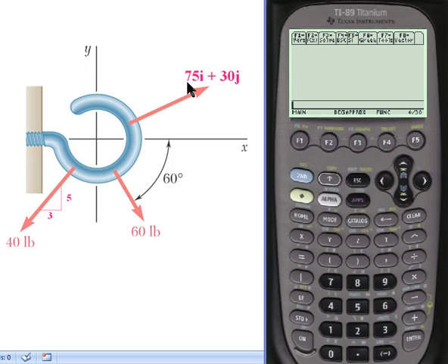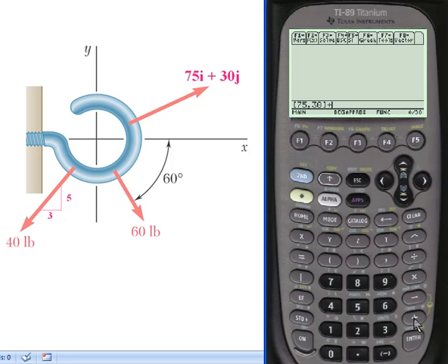Let's begin by inputting the first vector, 75i plus 30j. On our calculator, vectors are delimited with square brackets. So we type in a second and the square brackets key. And the first magnitude is 75, so I type in 75. Separate the second part with a comma. Second part's 30, so I type in 30. And then we close out our square brackets